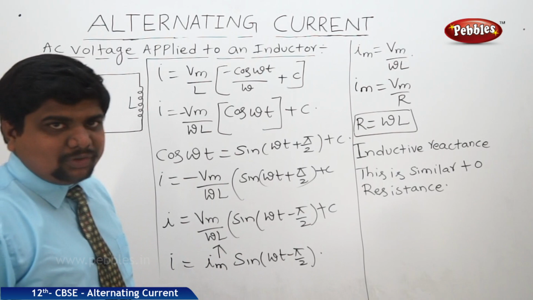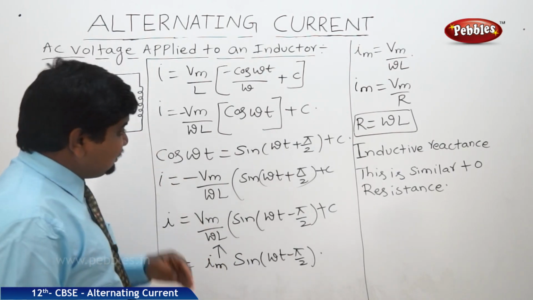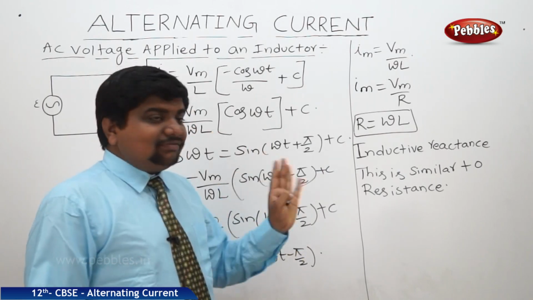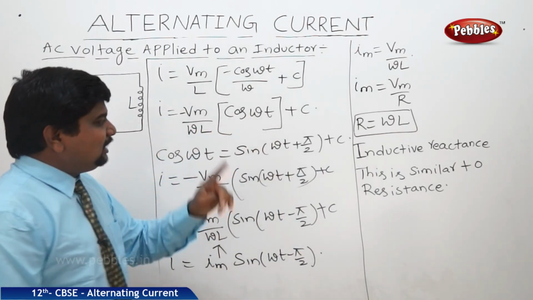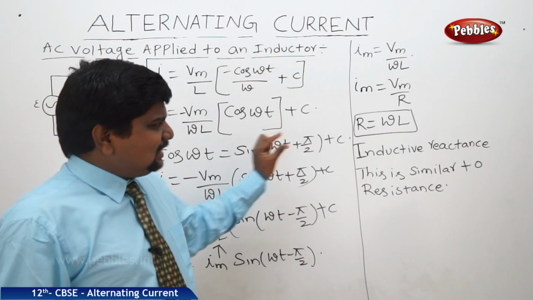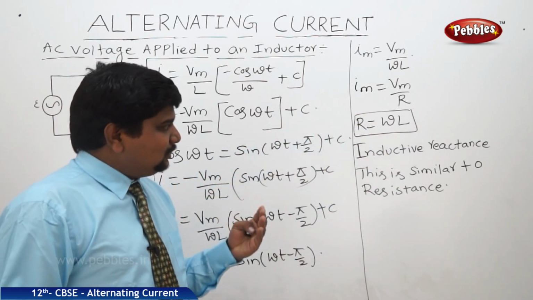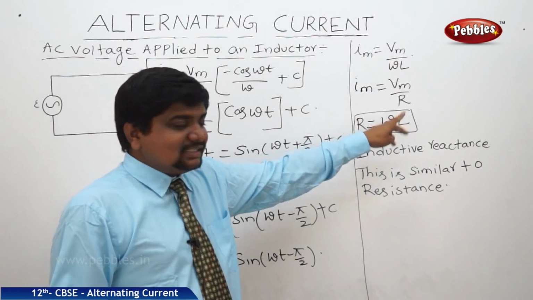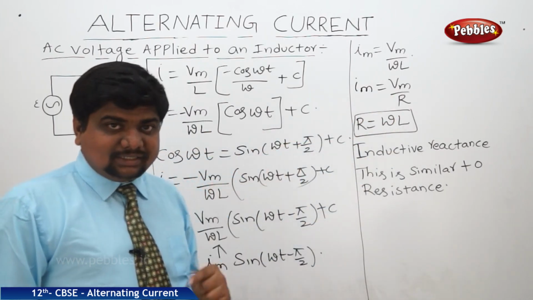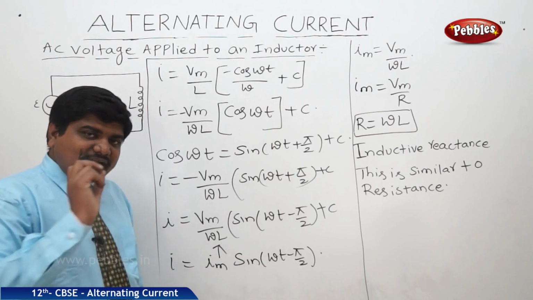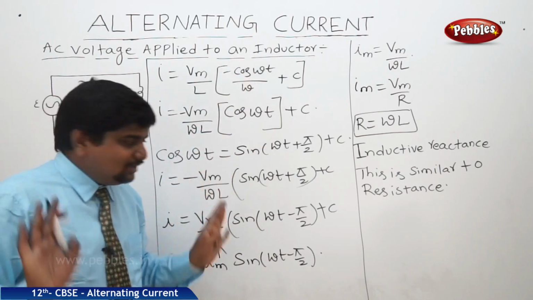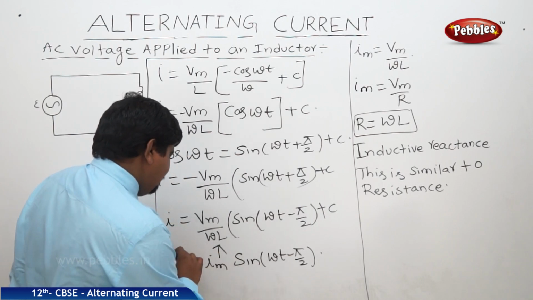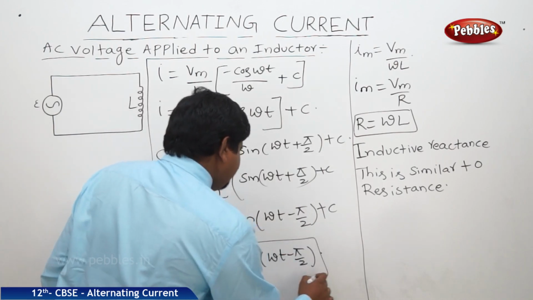That is a very, very important term. In some textbooks we can see the term resistance offered by inductor, resistance offered by a resistor. That means this omega L is inductive reactance. That is the correct physical term. If you want to elaborate this term in known words, we can say that this is the resistance offered by the inductor. But one point we should observe in this derivation is that we got I is equal to Im sin omega t minus pi by 2.